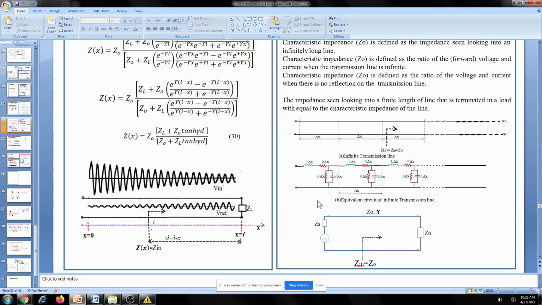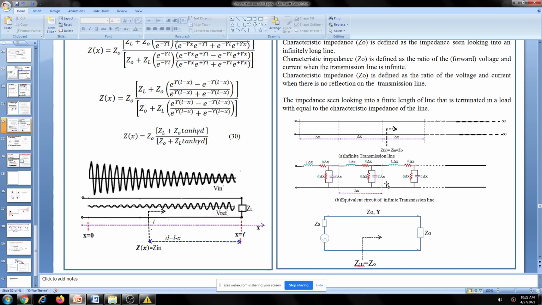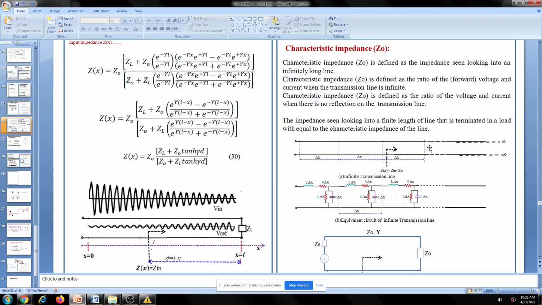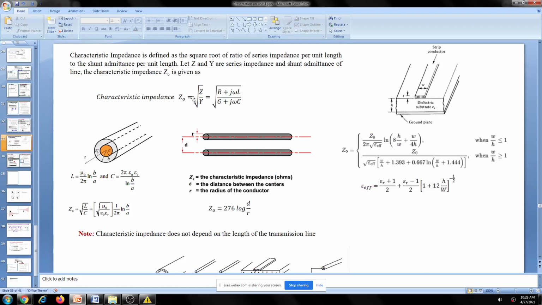So if they ask for the definition of the characteristic impedance, you have to say with the examples I have given. If they simply ask you to give a definition, you should write this: infinite line, this is the definition, and the equation is like this. If you know all these parameters, the primary constants R, L, C, G, we can calculate the characteristic impedance of that particular line. Again, R, L, C, G depend upon all these parameters.